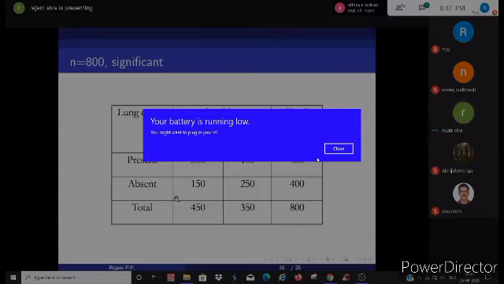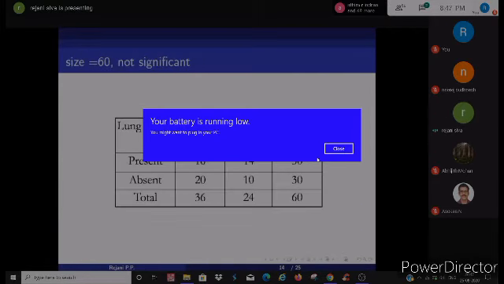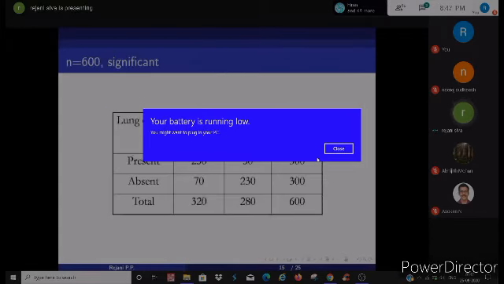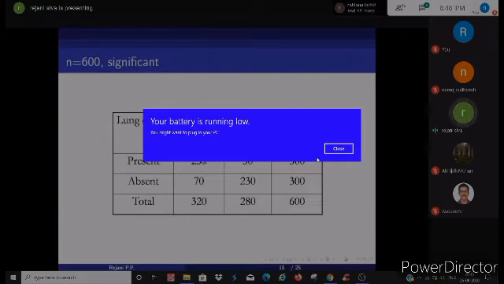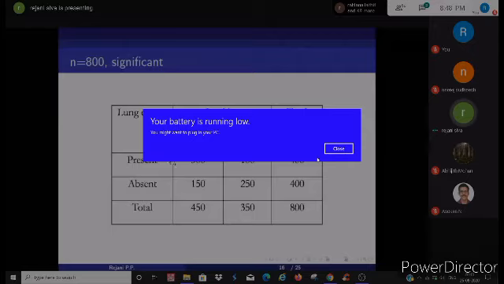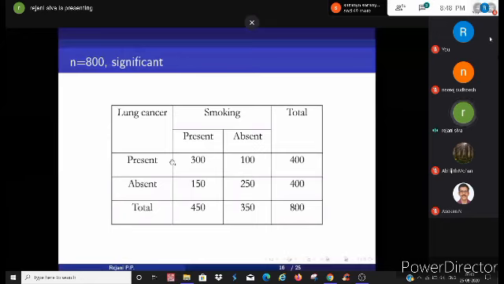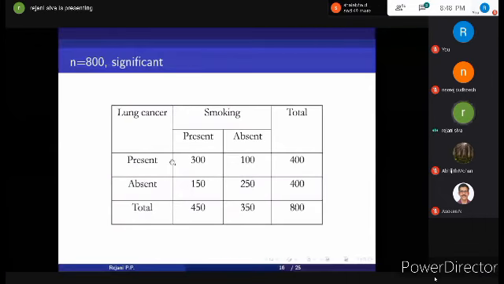What does it mean? Here, in the first case, it was intuitive to increase the sample size to obtain the correct result. He knows smoking causes lung cancer. He should get the exact result. That is why he increased the size up to 600. But after a limit, it is a waste of time and money. The size should be as optimum as possible. It should not be too less or too more.